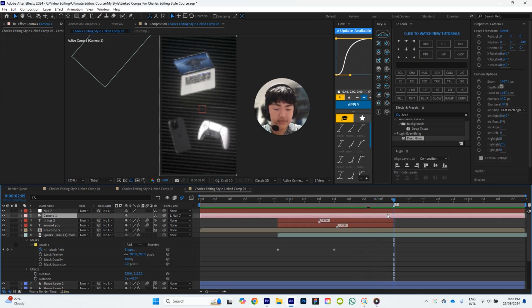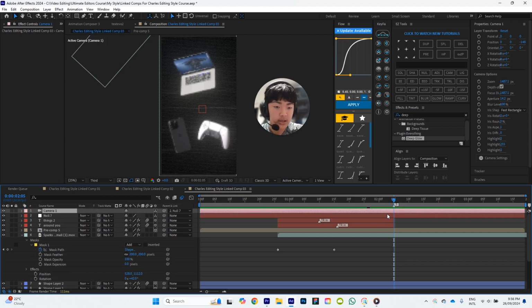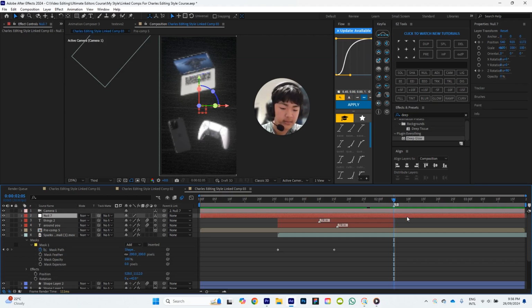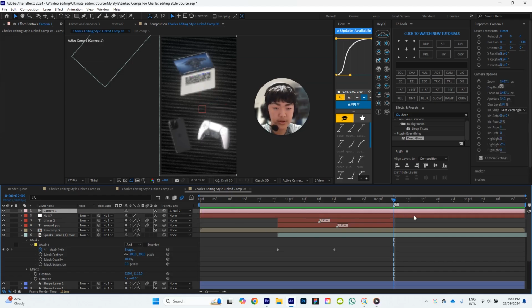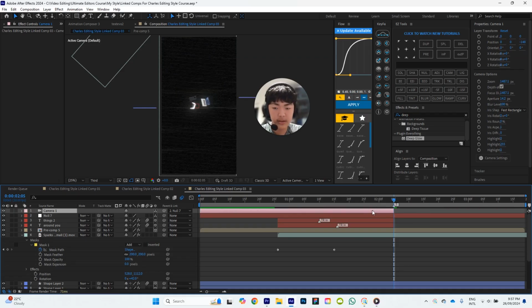Okay, things around you. And by the 5, I want to get rid of all of this. So I'm just going to trim this. Control Shift D. And I'm just going to trim. Can I trim the null, please? Okay, it doesn't want to work for me. But basically, we want to trim the